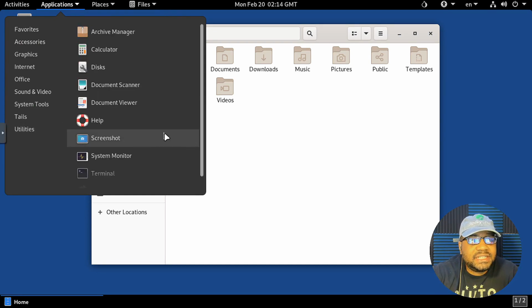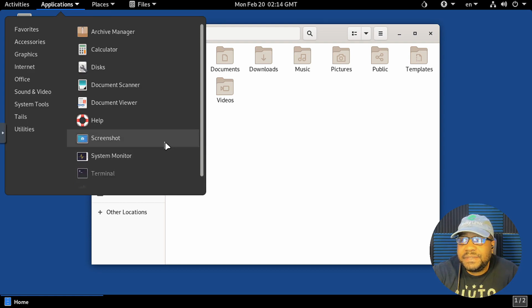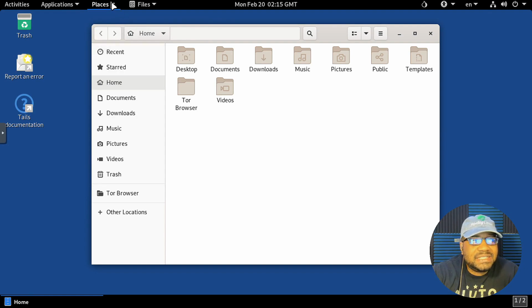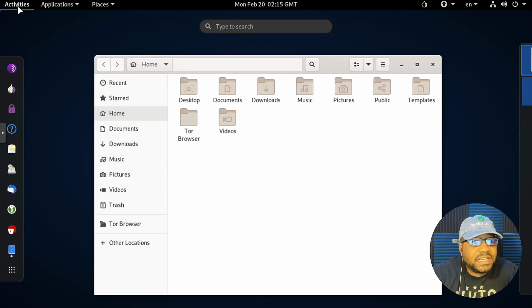And then your utilities, so you got a terminal, you got a system monitor, crypto volumes if you want to unlock them, and that's dealing with the persistent drives, archive manager, disk usage, you know, all the good stuff, utilities that you want to see. Now under places, I didn't want to show places because it's basically this that I already had open. It's your file explorer essentially. And you can also browse the network. If you have something on your network, share drives, all that stuff, you can connect to them if you want to.